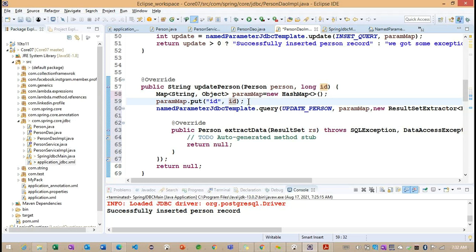Once we load the data, whatever data we loaded, the existing data we are going to update it here. Now inside this extract data method, we need to create a person object here.